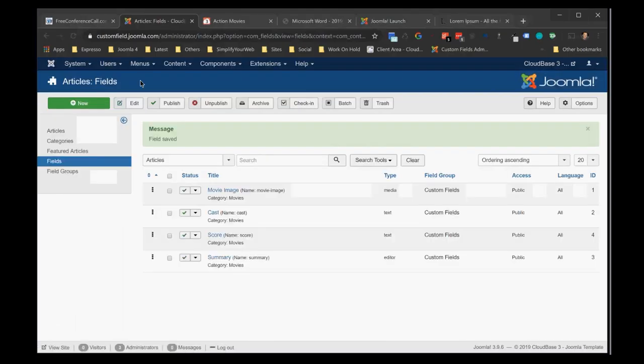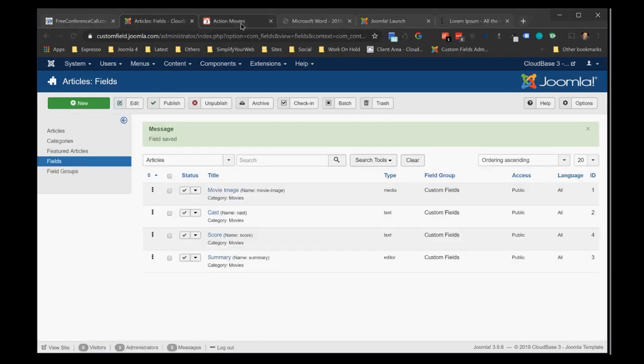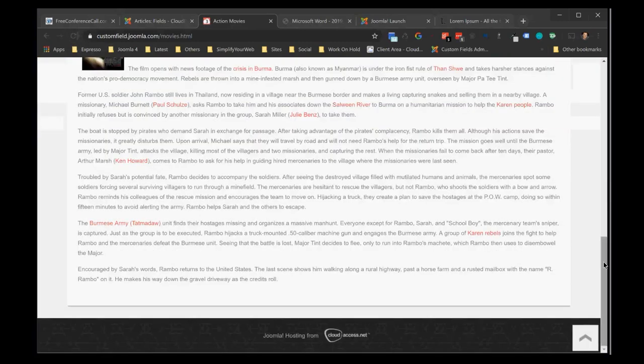And then, movie image field we already did. The score field, we could do that in large bold. Again, I have to click on options, go to render class, and put large dash bold. You just want to make sure you come up with some kind of standard with whatever you decide. And then if I refresh my page,